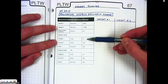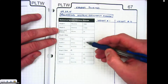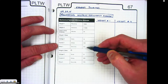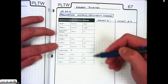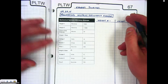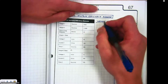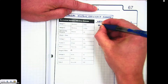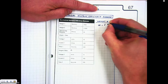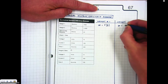And then we have our electrical information. And so we have the voltage, the current, and the amount of time it took to lift the load 24 meters. And we have that for both examples. And so the first thing that we're going to need to do is calculate the work in the system. And so the work being done by the system is equal to the force times the distance. So we're going to go ahead and calculate that for...